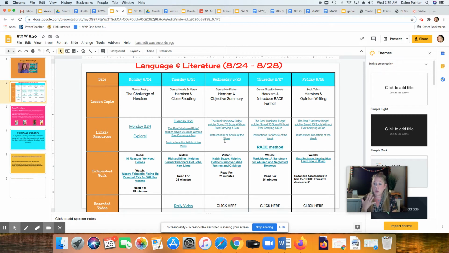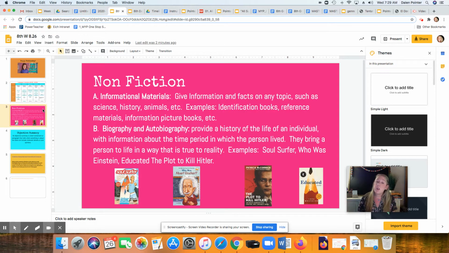Here are the instructions for article of the week, which we're not totally delving into right now. If you don't even want to look at that right now, you do not have to. Okay. And then here is your homework. There's a little video to watch, and then you should be reading for 25 minutes. Okay. So really quick, before we get started with our objective summary writing, we're going to talk about today's